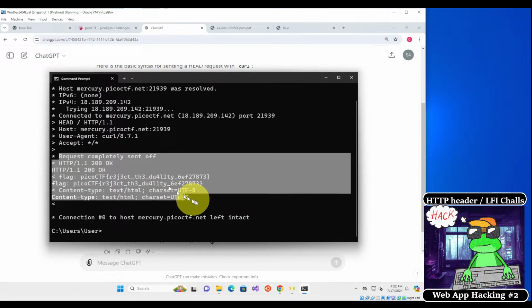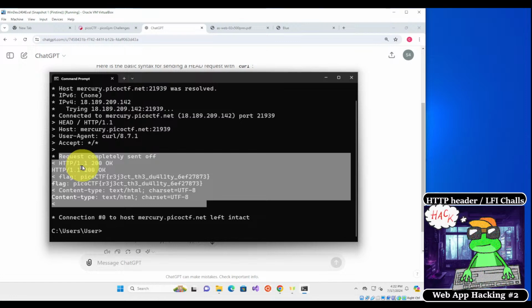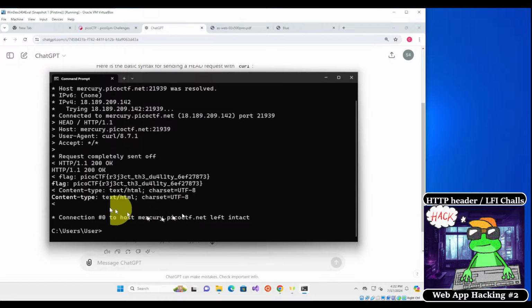So it says request completely sent off. We get the HTTP 1.1 OK 200 code, and then we get the flag. So the flag over here says reject the duality. So the duality in this case is referring to HTTP requests. The most common HTTP request is GET, and the second most common one is POST. And this is rejecting the duality because we're choosing the third option, which is the HEAD HTTP